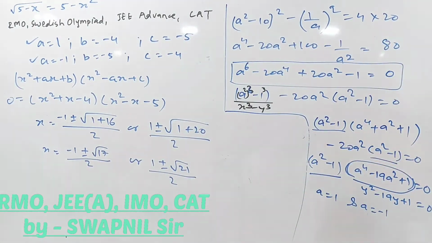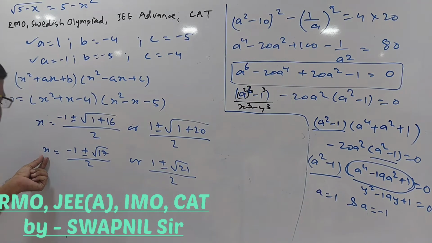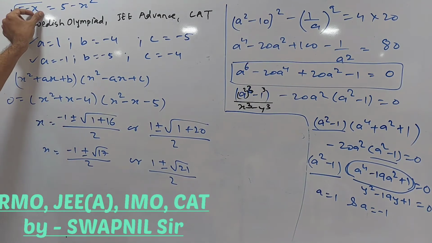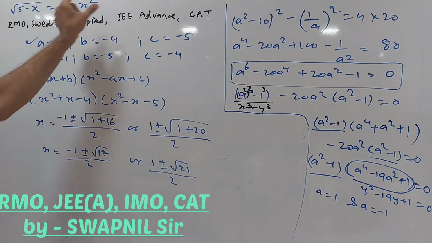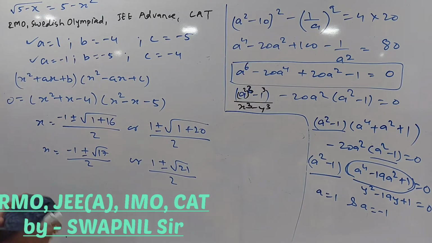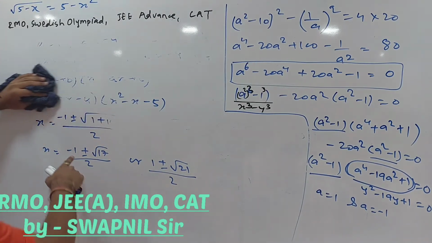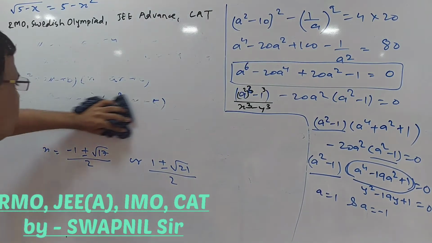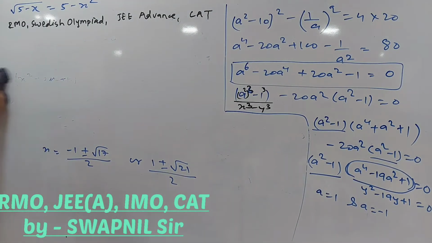It is not over. We need to take the proper domain of this to confirm. For example, if I put this value of x here in my original question, it will be a very tough prospect to solve, because putting x is equal to this here and confirming is a very tough way. So what we can do, we can go with the domain. So let us see how we can approach it. We are getting 4 answers in total. So out of those 4 answers, which one is correct is something we need to focus on. Fine.